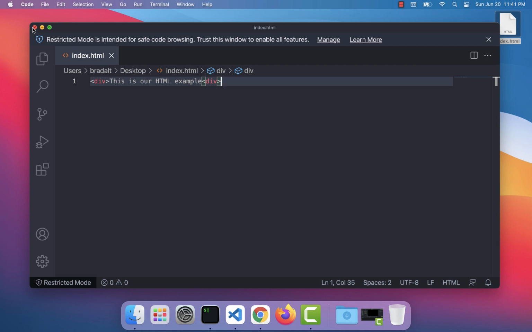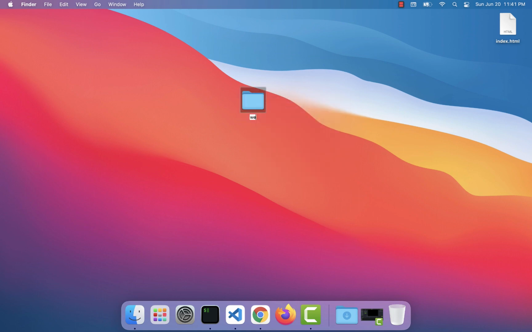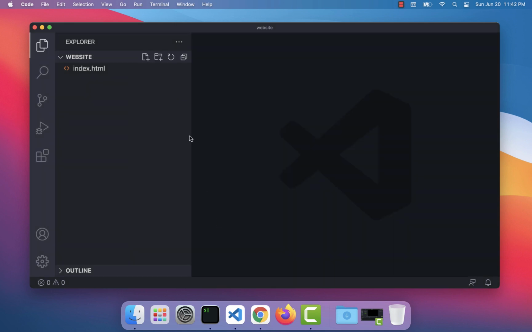Another thing you can do is if I make a new folder out here, we'll call this our website folder, and maybe we've got a website that we got from somewhere else, or maybe we just started a brand new website. You could drag the entire folder onto VS Code, which is how I often open up projects when I want to work on them. It says, do you want to trust this thing? I guess this is a new thing. Trust the authors of all files in the parent directory. Yes, let's just do that. Okay, so now